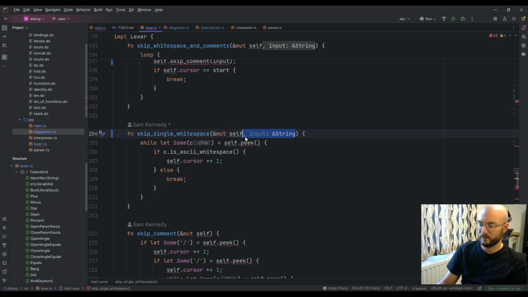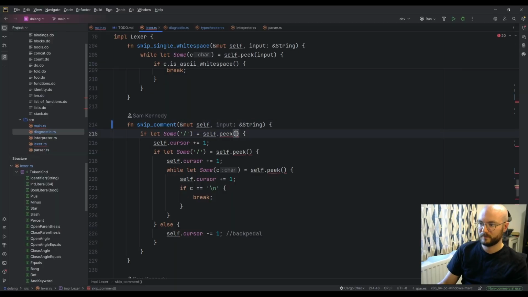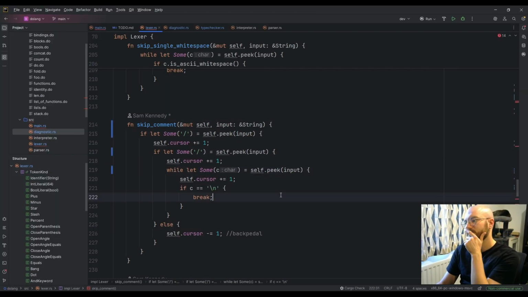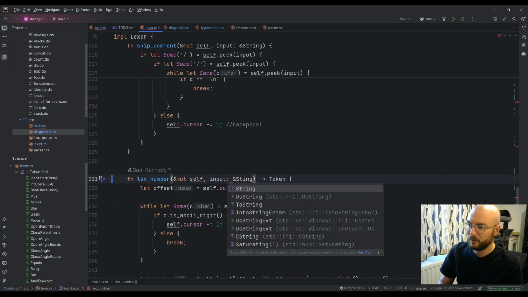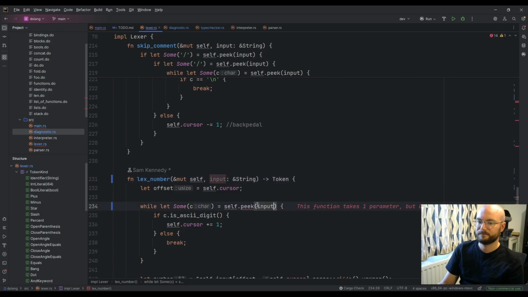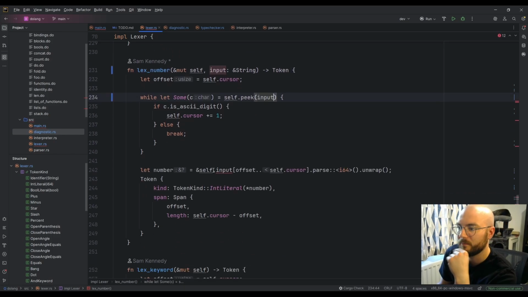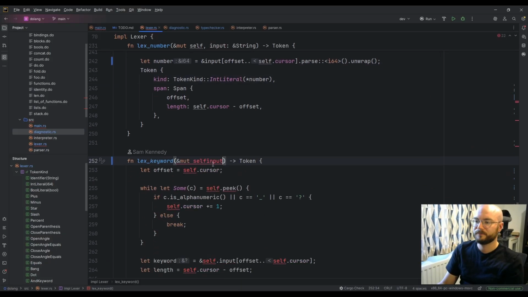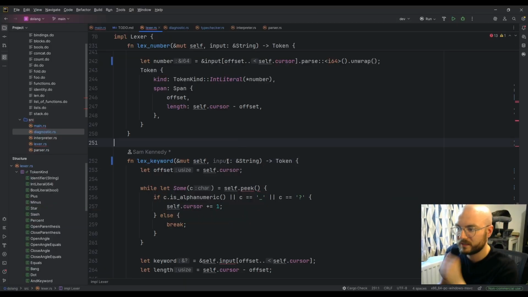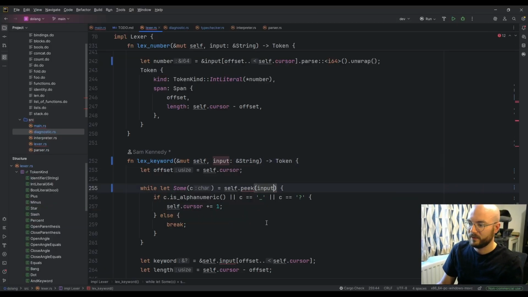Let's copy that with the comma for making our lives easier. So we need to pass input into all of these. Maybe this isn't the best idea. But it will work. And that seems to be the theme today. Not the best idea, but it will work, until I hit some inevitable error where it won't work and I have to undo all my work, because that seems to be the theme with Rust.